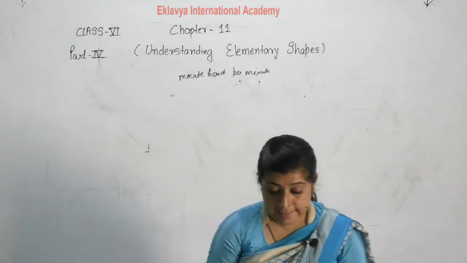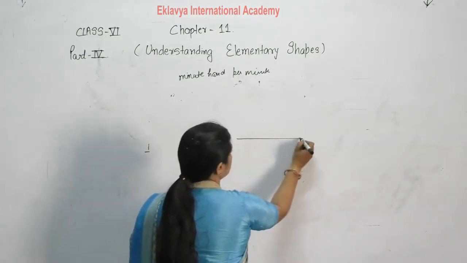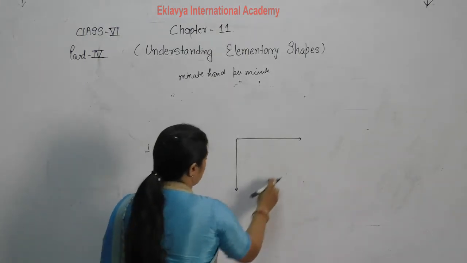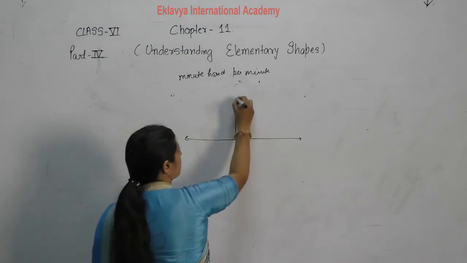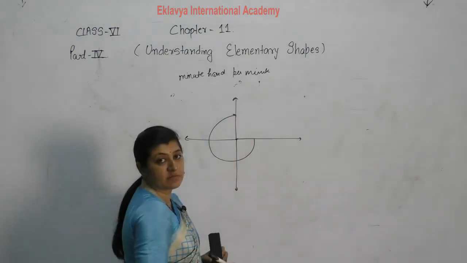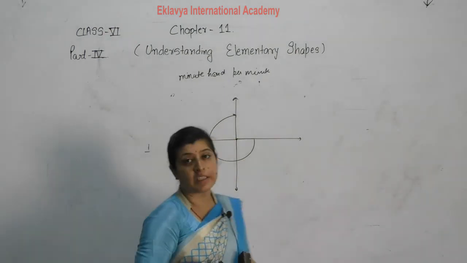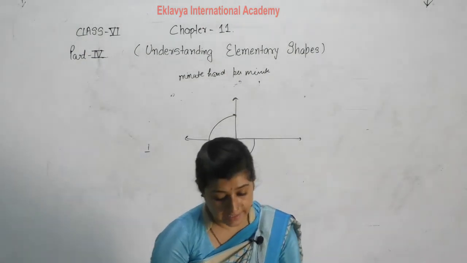John turns right 3 times. How many degrees does he turn through? See, firstly he is here, suppose. One time, then he will be here. After again right, then he will be here, second turn, and this one third turn. It means what is the angle between this? 90, 90, 180 plus 90, 270. So what is the angle between them? 270 degree.